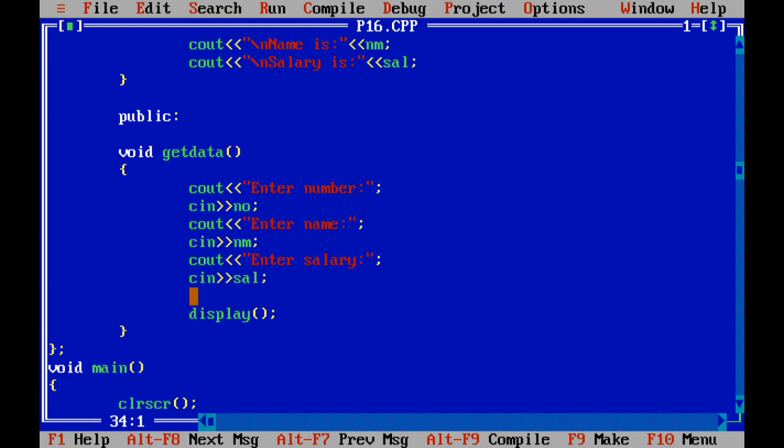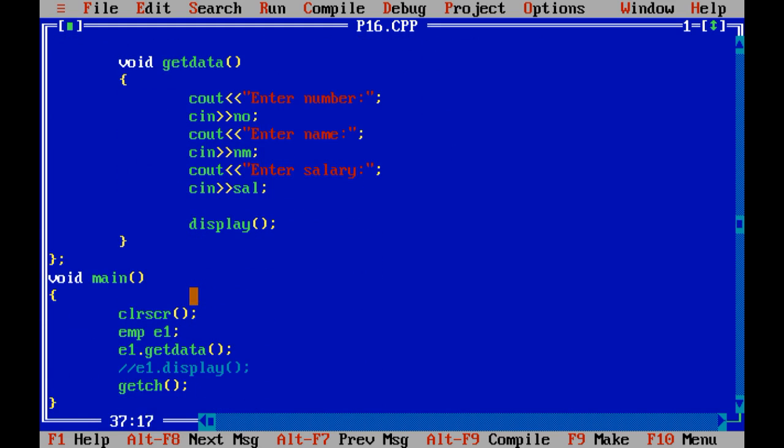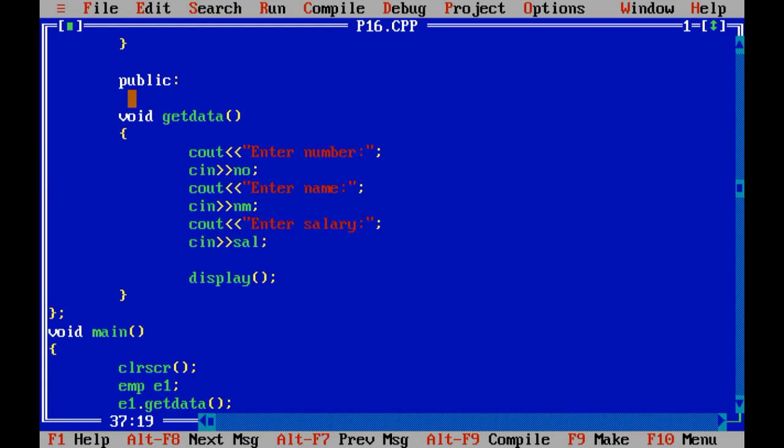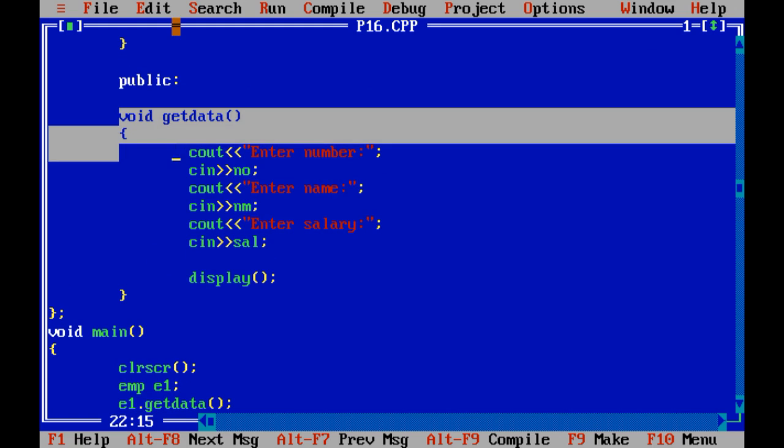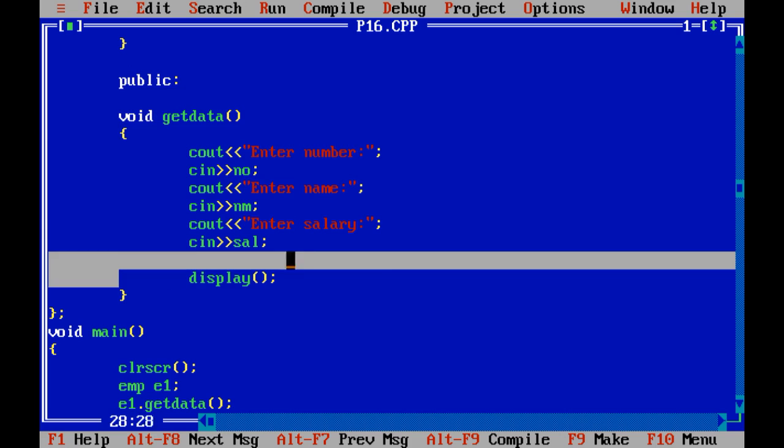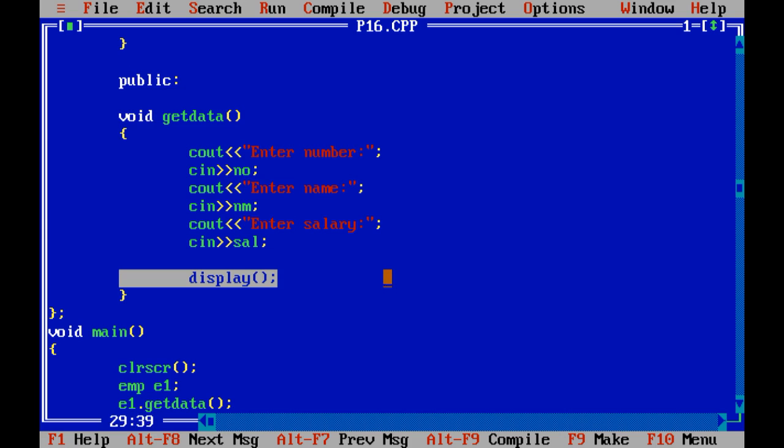If you use it, it will generate an error that the display function cannot be accessed outside the class. If I want to call that method, I need to create one public method of the same class, and through that public method I can access the private method of that particular class.